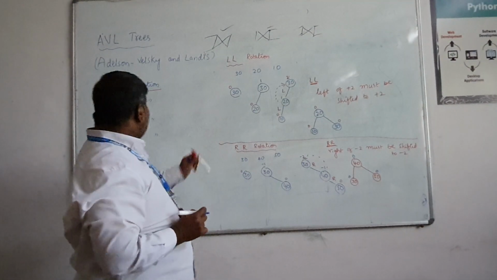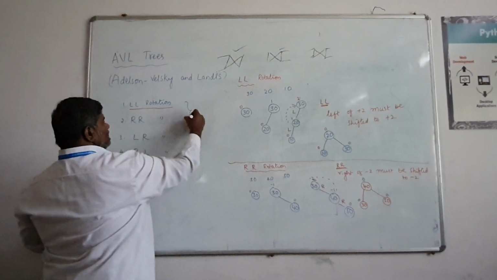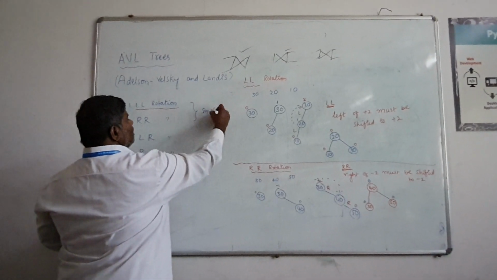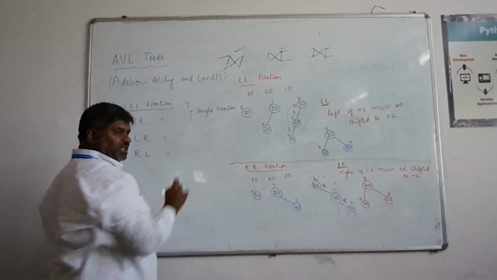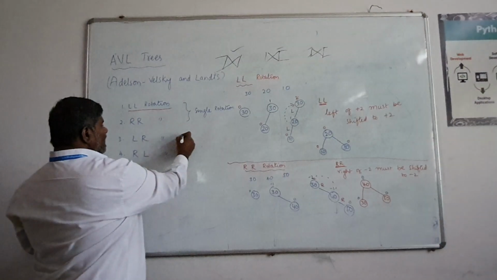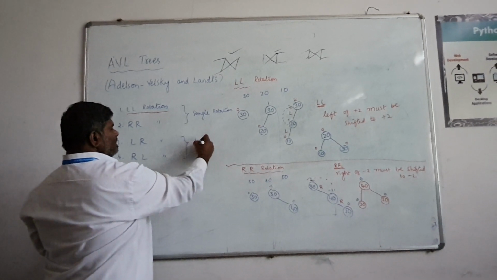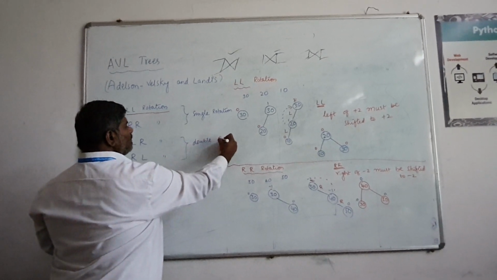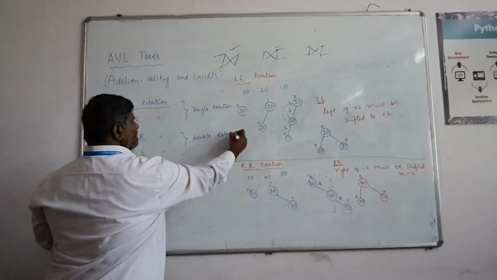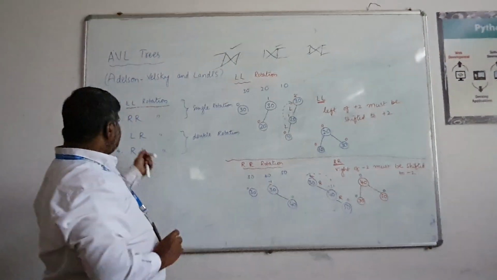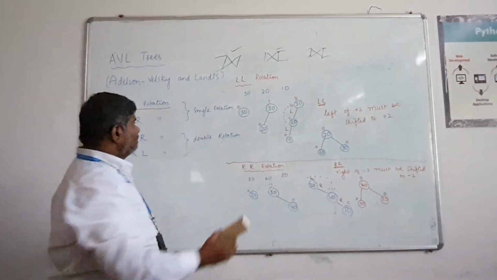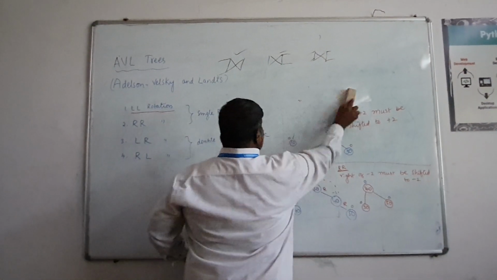So this LL and RR are called single rotations. That is, only one level they will interchange. So LR and RL are called double rotations. That is, two levels will be changed. Now let us discuss LR rotation. So in LR rotation,